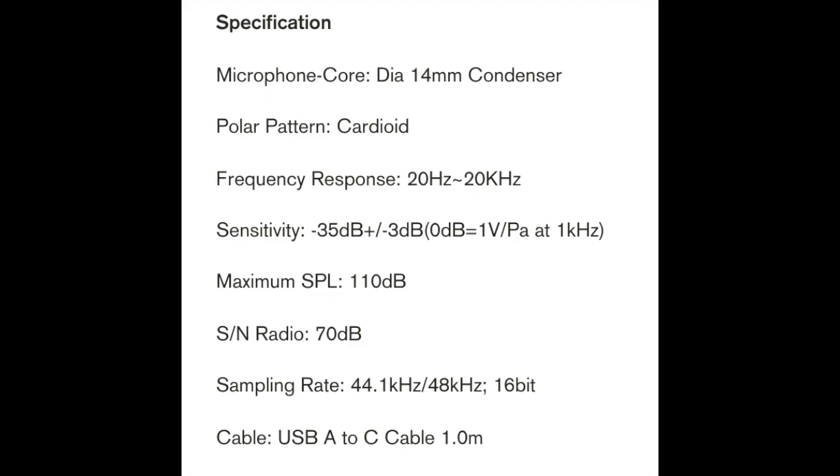It says this is a cardioid microphone. So what is a cardioid microphone? Cardioid is the most common directional polar pattern with the highest sensitivity to sound coming in from directly in front of the microphone, let's say around 0 degrees. Practically no sensitivity to sound coming directly from behind, that is 180 degrees, and a reduced sensitivity to sound coming in from the sides, 90 degrees and 270 degrees. A cardioid mic is a lot better at excluding background noise and room reflection than an omnidirectional mic.